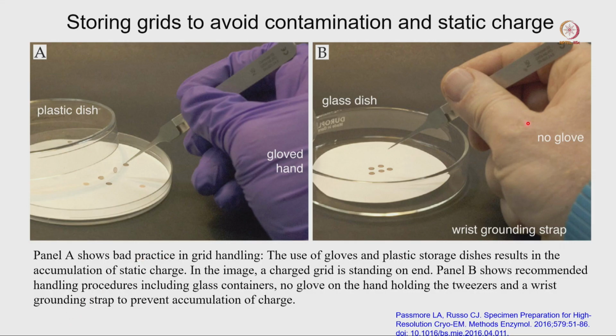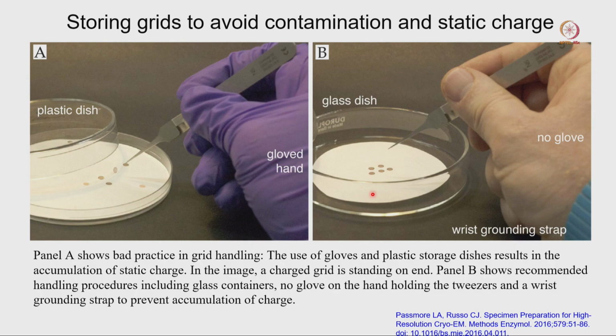Here you can see the hand is touching. Here you have gloves and the hand is not touching the surface. That is the reason static charge is happening and the grid can float here and there. Here you can see the hand is stable on the platform, there are no gloves, and you are picking up those grids in a slanting way. This is one of the very important parts when you take those grids.